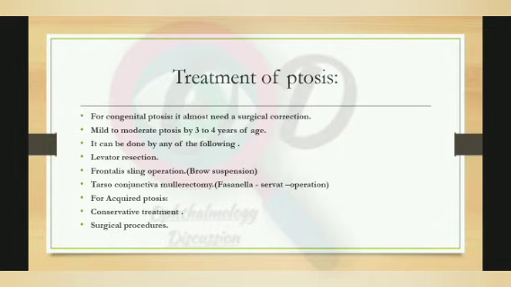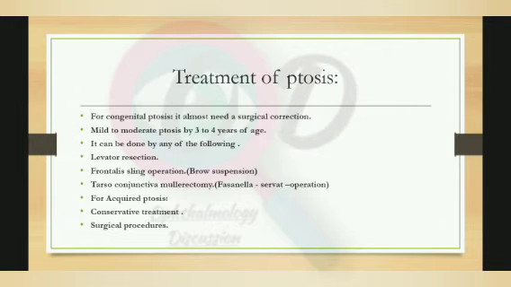So these are the things we will do for the treatment of ptosis. Levator resection, I will tell you first because we will see the video after this. Levator resection involves resection of the levator muscle, or surgery of the levator muscle on the upper eyelid, so that our eyelid will open or elevate.